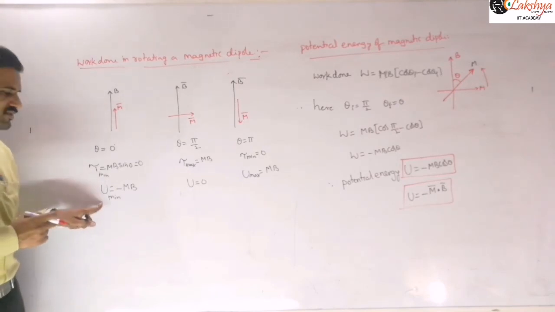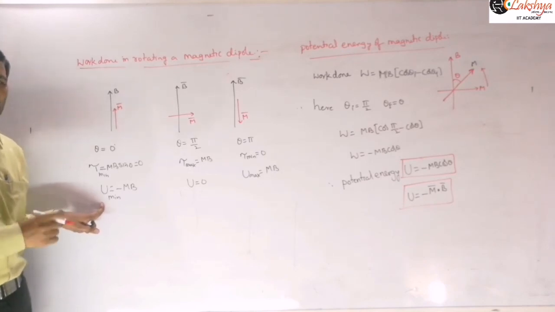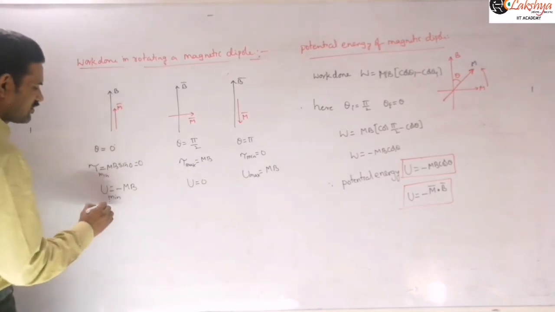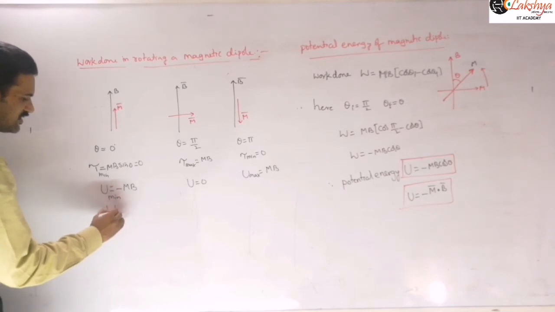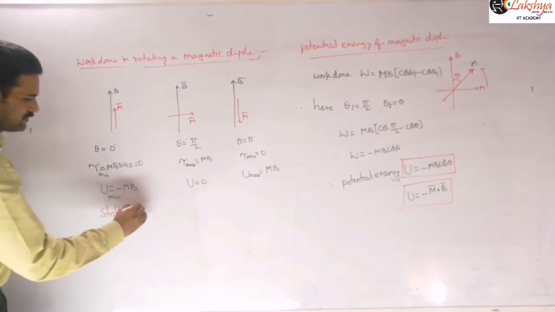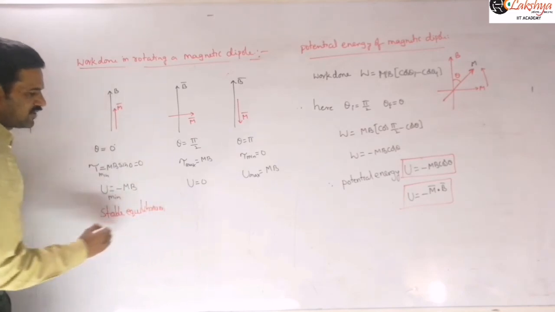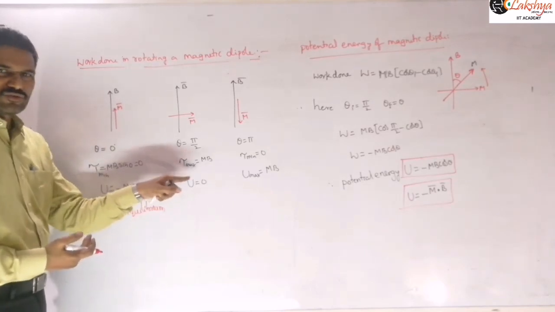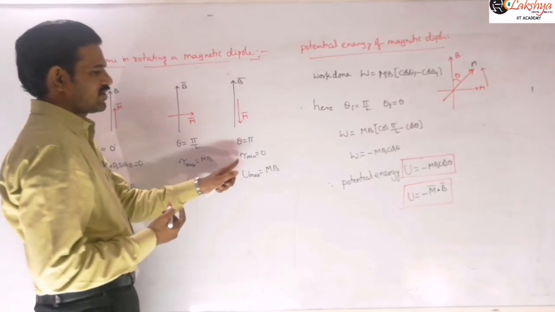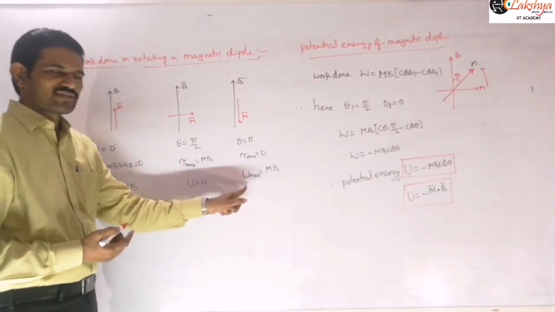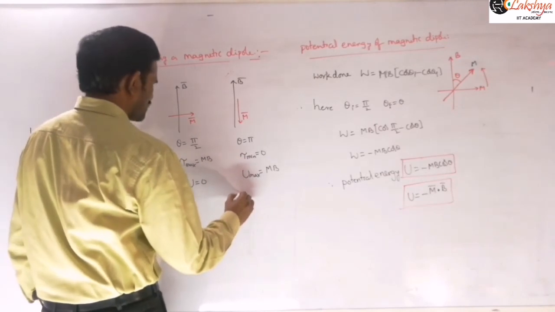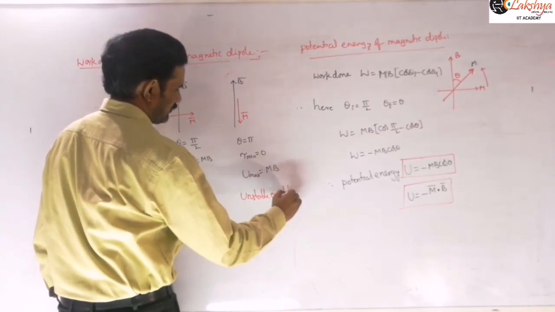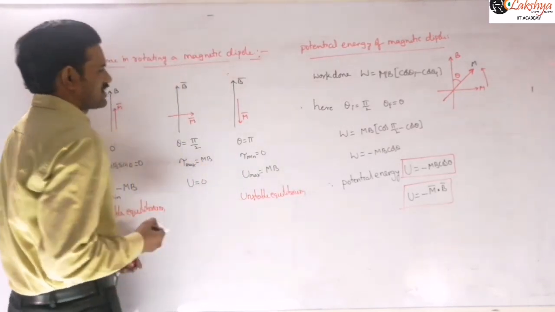And which type of equilibrium it is, we need to check from the potential energy. Potential energy is minimum. So if in equilibrium the potential energy is minimum, we call that stable equilibrium. In this position the dipole is said to be in stable equilibrium. In the middle case the dipole is not in equilibrium because the torque is not equal to 0; maximum torque is acting there. And again here the torque is 0, so it is in equilibrium, but here the potential energy is maximum. Potential energy being maximum means it is unstable equilibrium. So this is the position of unstable equilibrium.